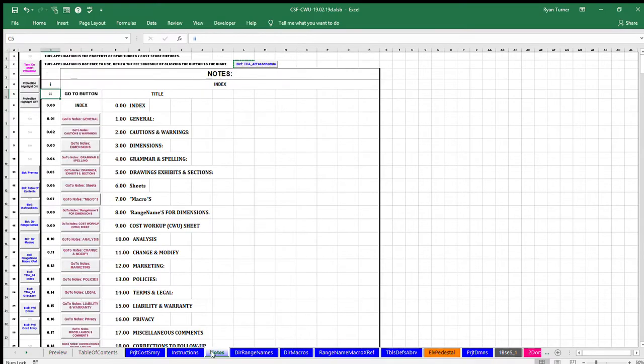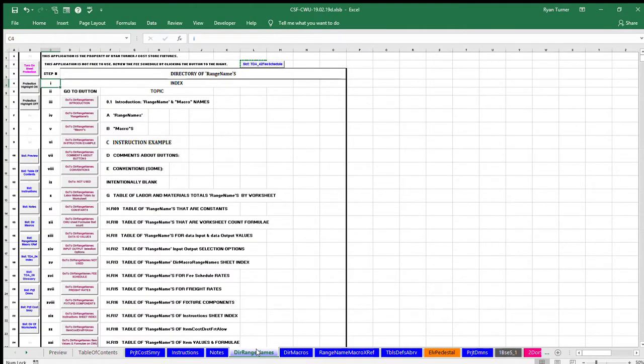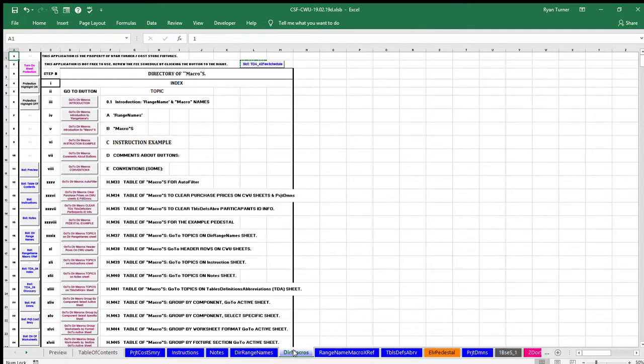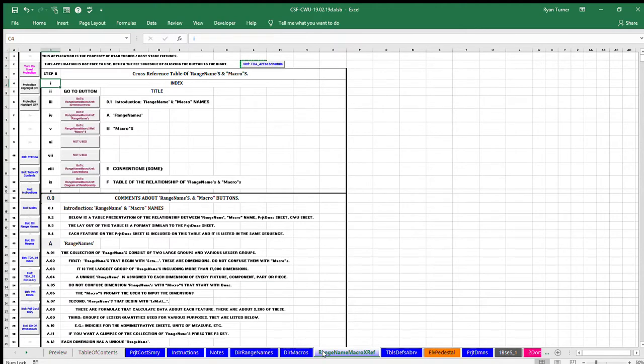Instructions. Notes. Directory of range names. Tab name is DIRRANGENAMES. Directory of macros. Tab name is DIRMACROS. Range name macro cross-reference. Tab name is